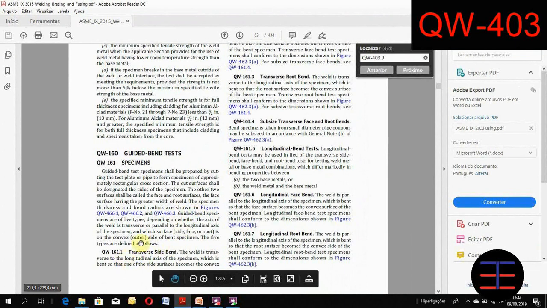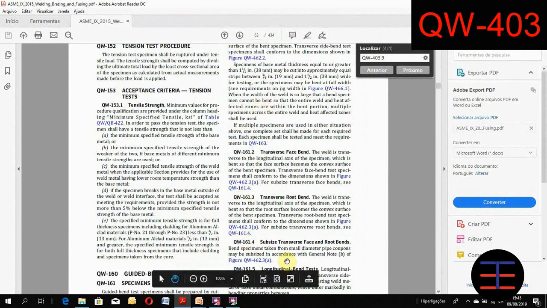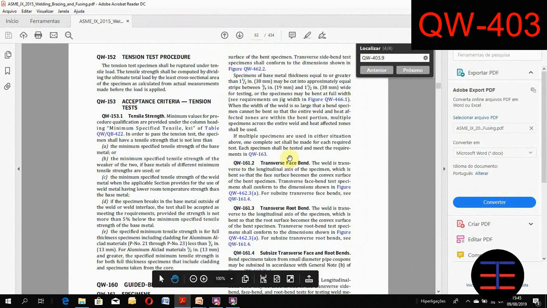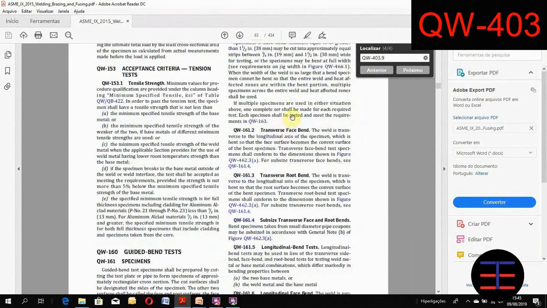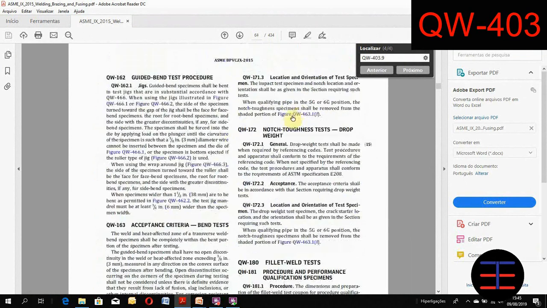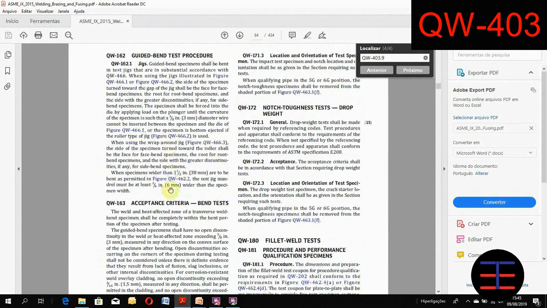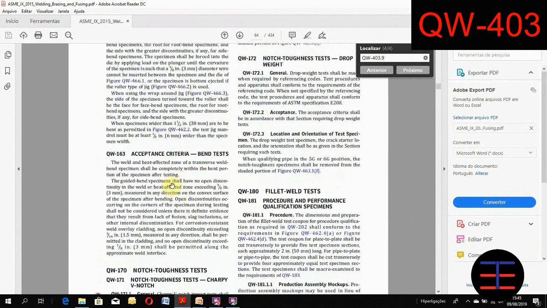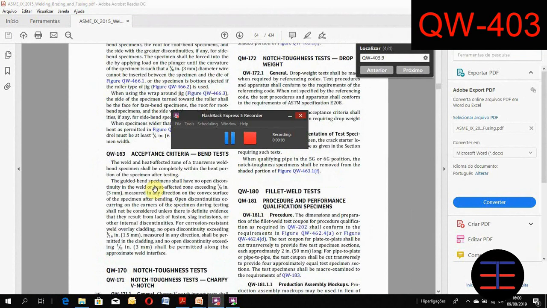This means that it's perpendicular to the longitudinal axis of the specimen. These paragraphs refer to the explanation of how the specimens are. So we must go now search for acceptance criteria. Our acceptance criteria for bending tests will be in this paragraph, QW-163, and basically